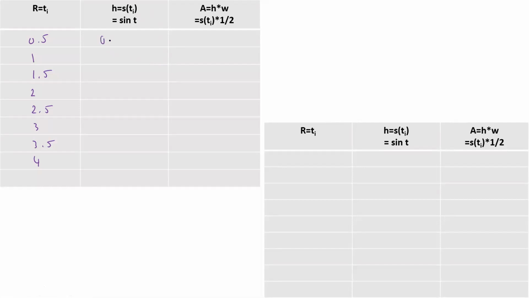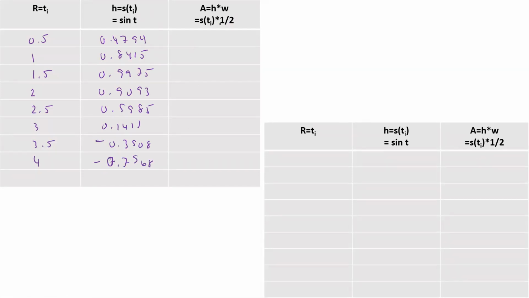So we get our 0.4794, 0.8415, 0.9975, 0.9093, 0.5985, 0.1411, negative 0.3508, negative 0.7568. And now we have to take, again, we're going by half increments for our width, so we have to